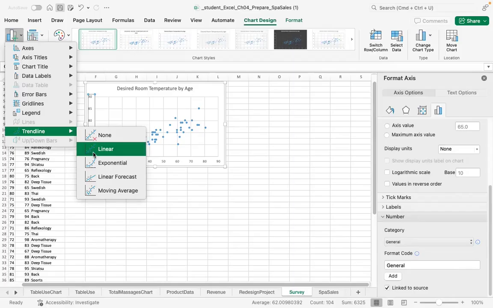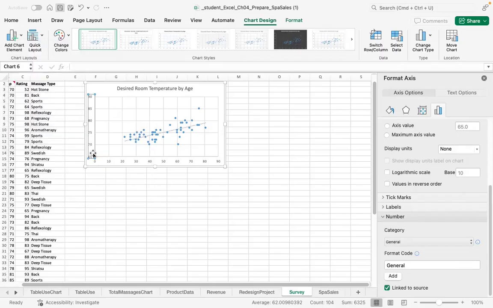So basically, we want to imagine if I were to draw a straight line through this data, what would be the most appropriate straight line to run through this data? If you have taken a statistics class, you might have run a regression or used ordinary least squares to draw a line through data. That's exactly what we're getting here. You can see the trend line by default is blue and dotted, and they want you to make some changes to our trend line. So I will select the trend line,